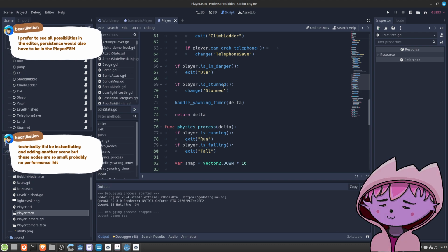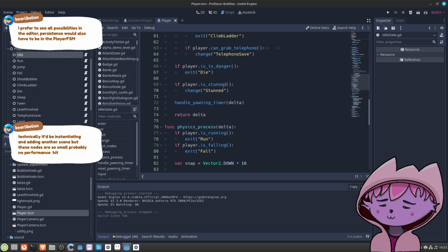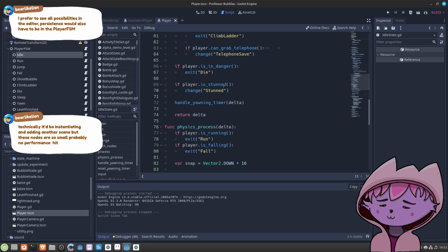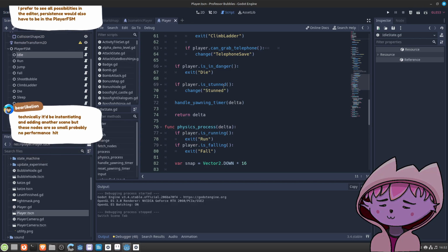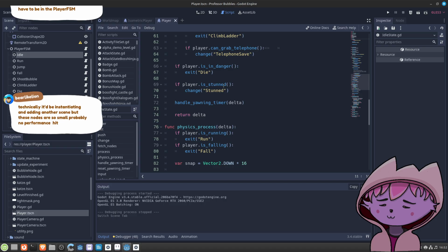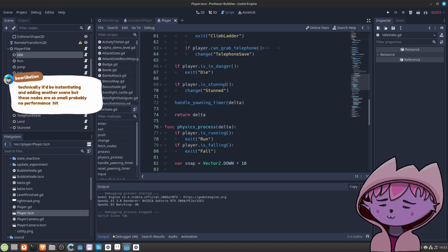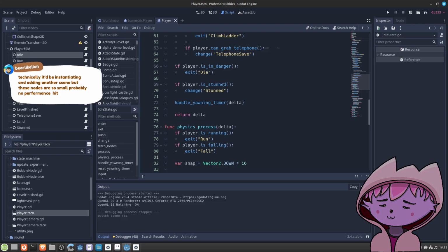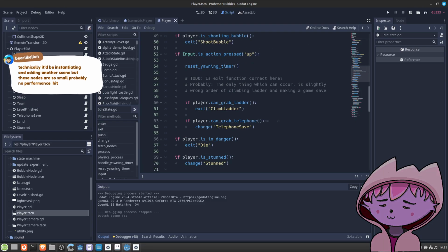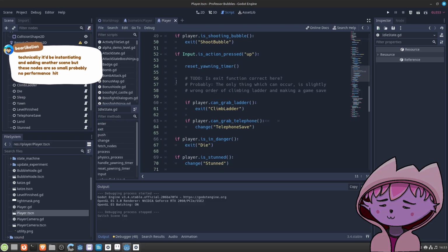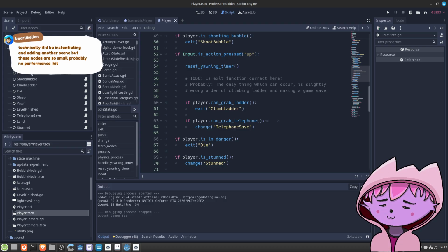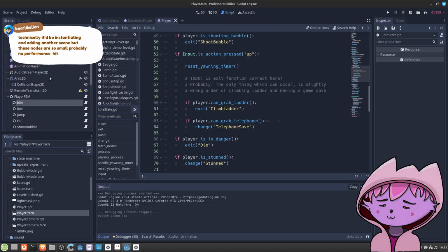Yeah, then it would become problematic if I would like to have some kind of persistent variable in the state. I don't know, counting something. But then again, those persistent variables could be tied to the player, because we are talking about the player or the character.